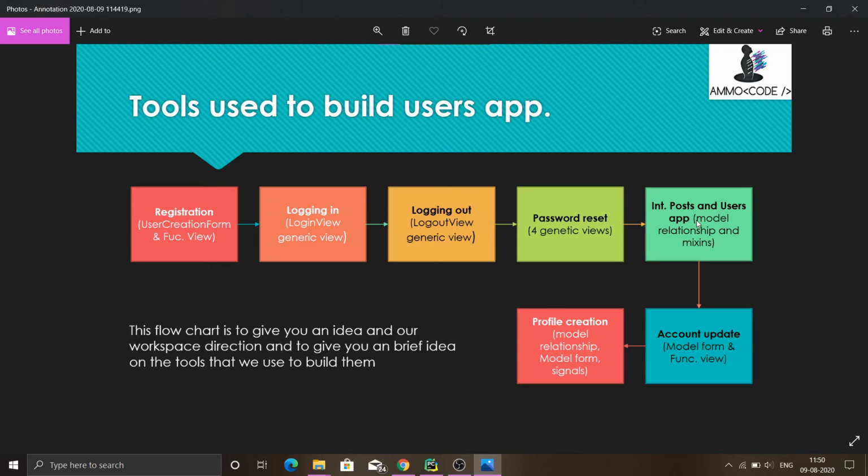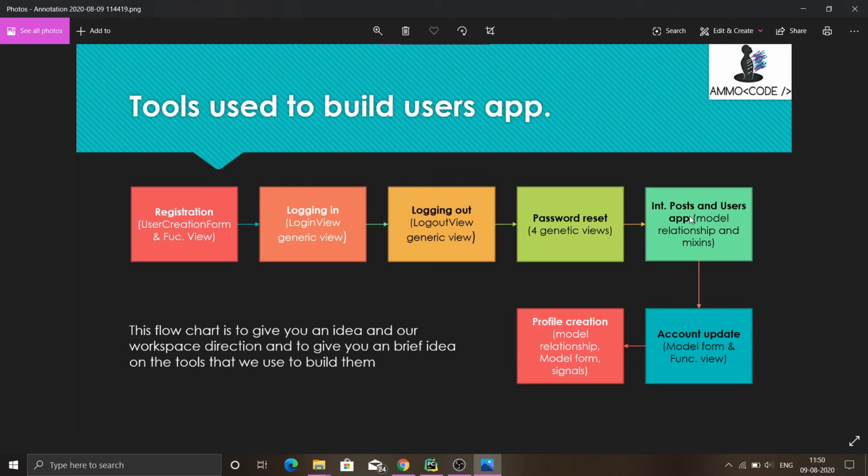In this part we are going to experiment with model relationships, how to link one model with another. In this case we are going to link our user model with our post model. We are going to provide the admin privileges so that only the user who created the post can delete or update it.